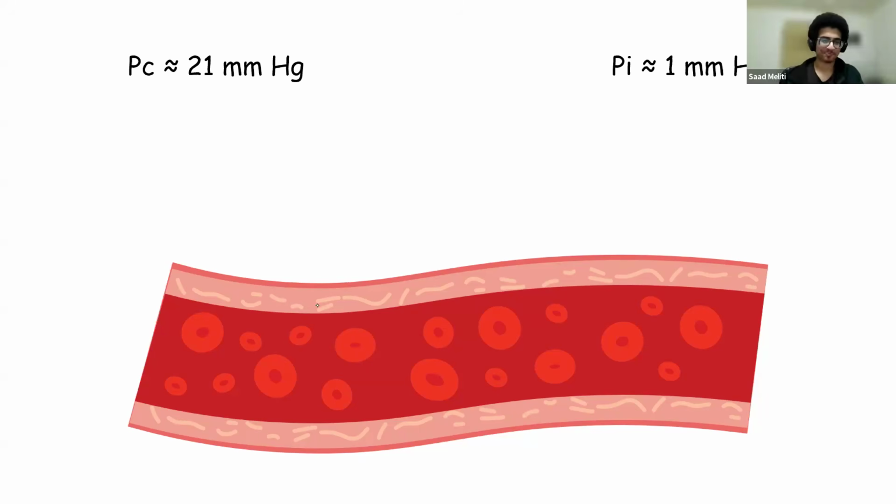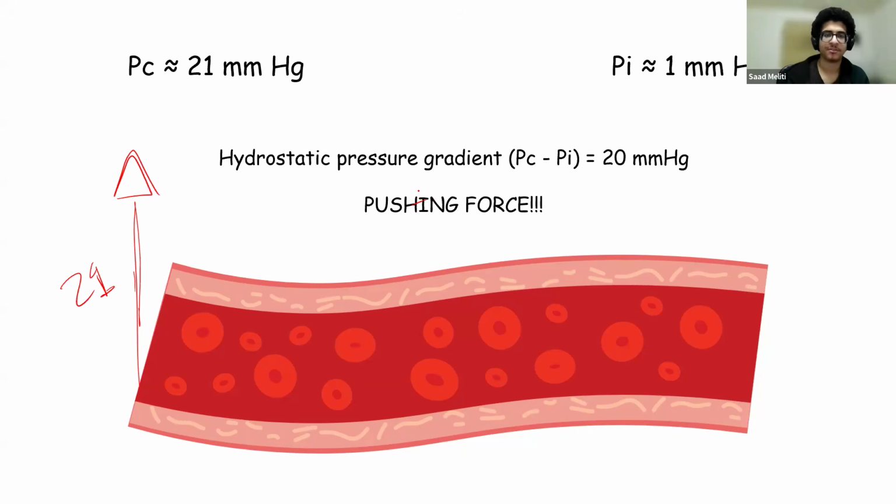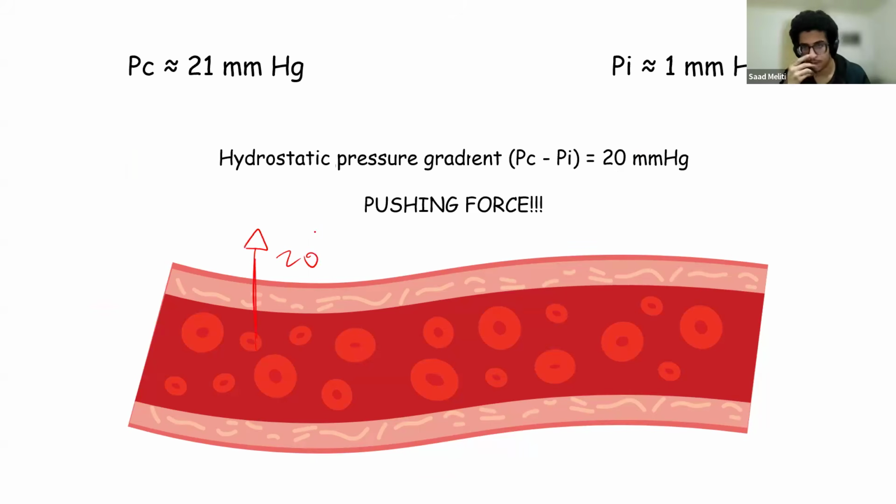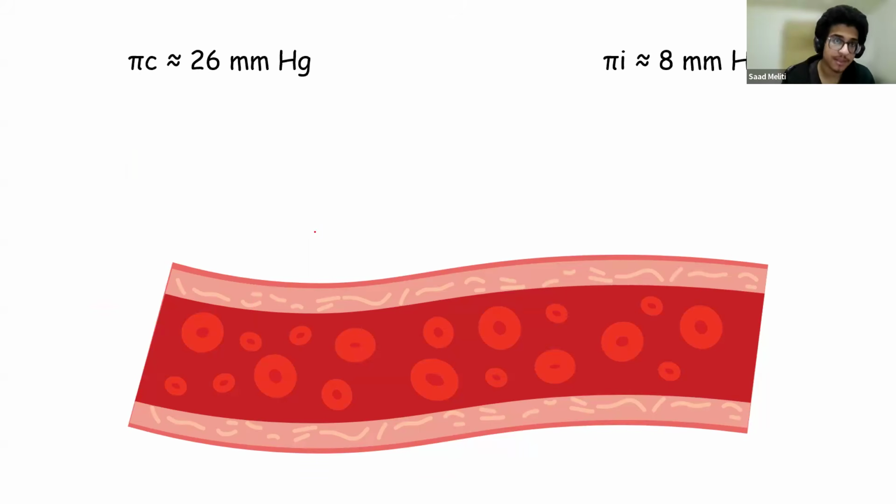Imagine, over here, oh, my pen keeps stopping working. We have a pressure of 21 inside the blood vessel pushing outwards. In the interstitium, we have a pressure of 1 pushing back into the blood vessel. So we just subtract them and we get a pushing force of 20. That means 20 millimeters of mercury of pressure are pushing outside. Now we can apply this to